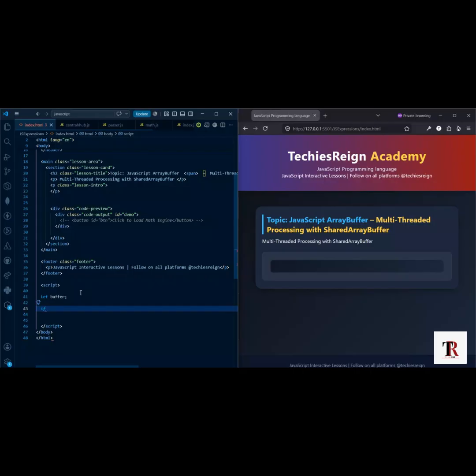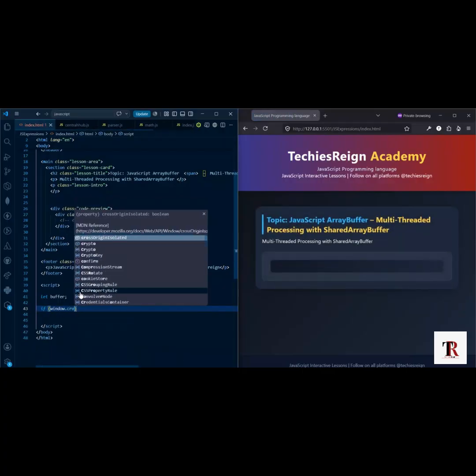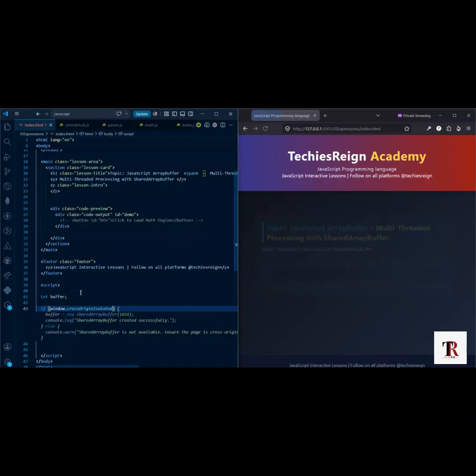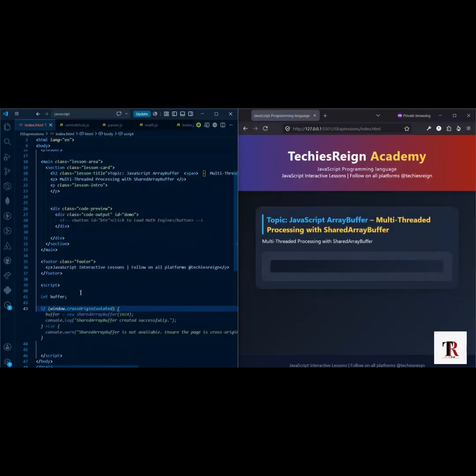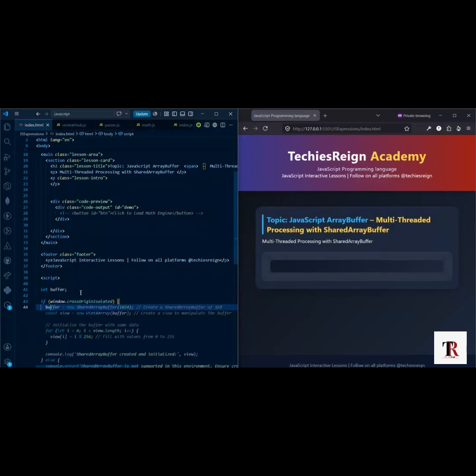Now, I want to use a conditional statement here to check if window.crossOriginIsolated. I'm still going to explain this if you don't understand it yet. Just follow along. Then buffer equals